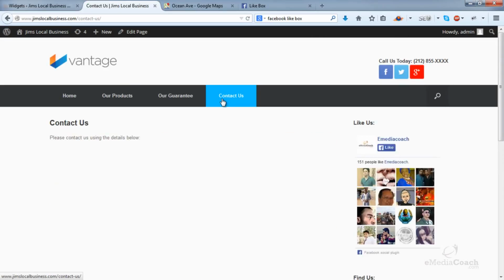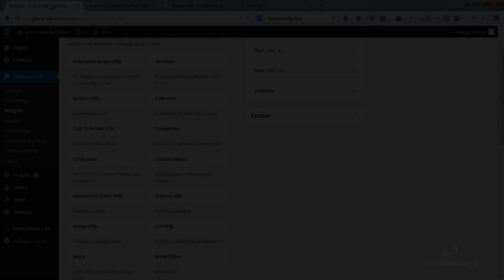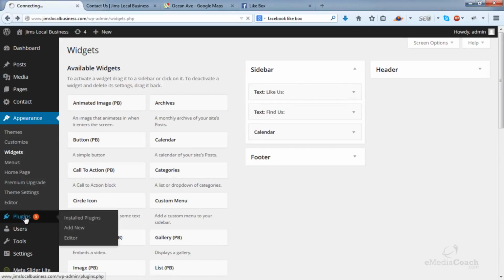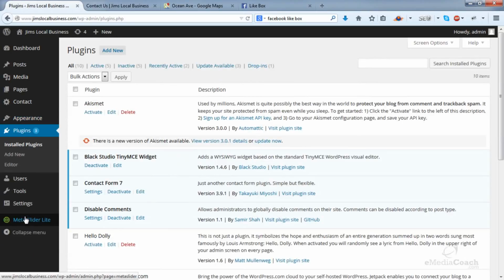Currently, there's really nothing on it, but I want to show you an easy way for your customers to be able to contact you via an easy to use contact form. So go back to the dashboard. To add a contact form to your website, you'll remember earlier we installed a plugin called Contact Form 7. So if I just go to that, click Settings,